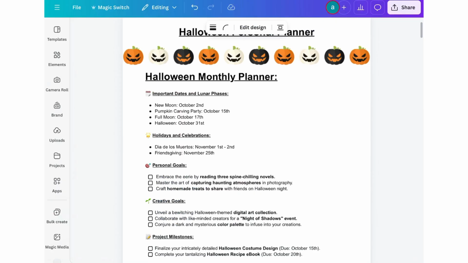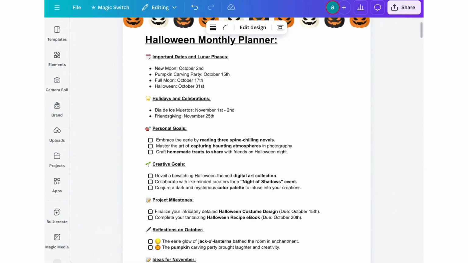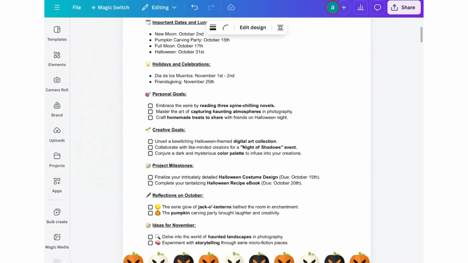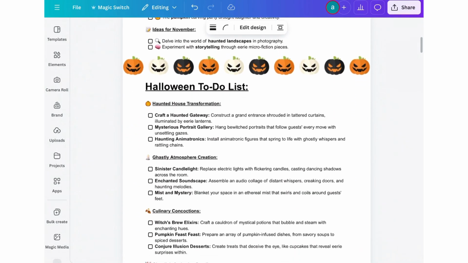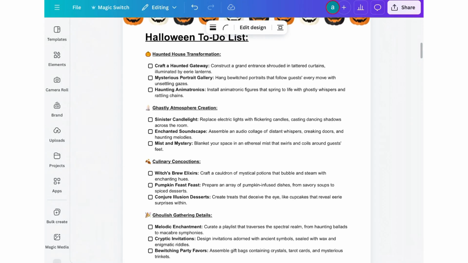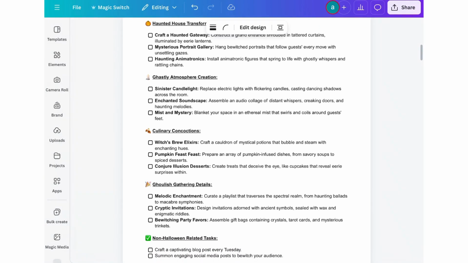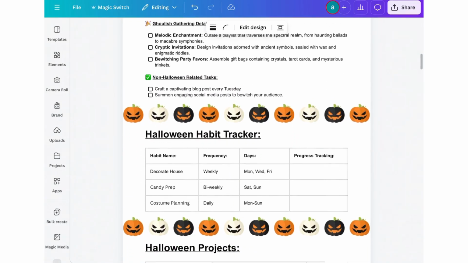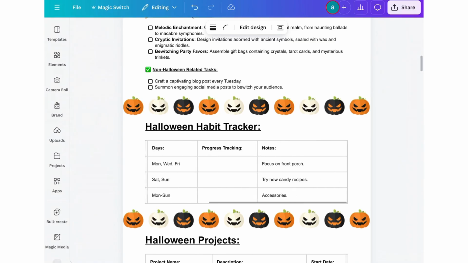First up is the monthly planner. I'm setting up key dates and events for October. Next, I'm working on my to-do list. I'll add all of the tasks that I need to tackle before Halloween. Now onto the habit tracker, because I get so busy, this helps me stay on top of everything leading up